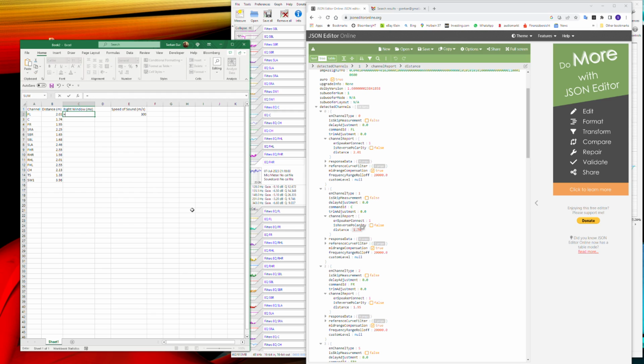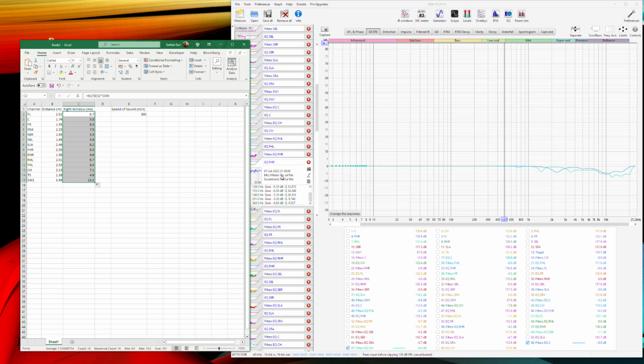And the majority of receivers are still at 300, so let's keep it at 300. And here you calculate: the speaker is 2.01 meters to the listening position, divided by the speed of sound, F4, times 1000 to convert seconds into milliseconds, so 6.7 milliseconds. And double click. You can now much faster change the IR window sizes here.